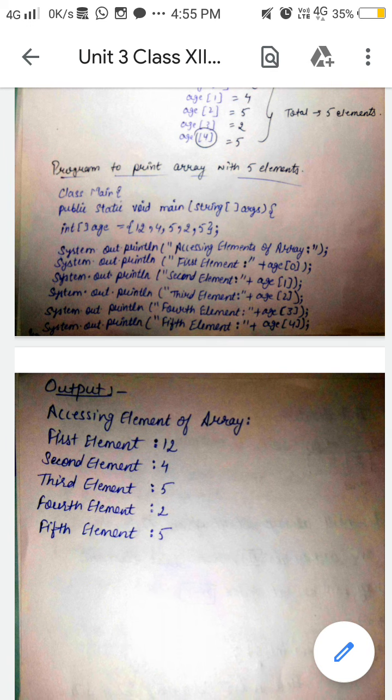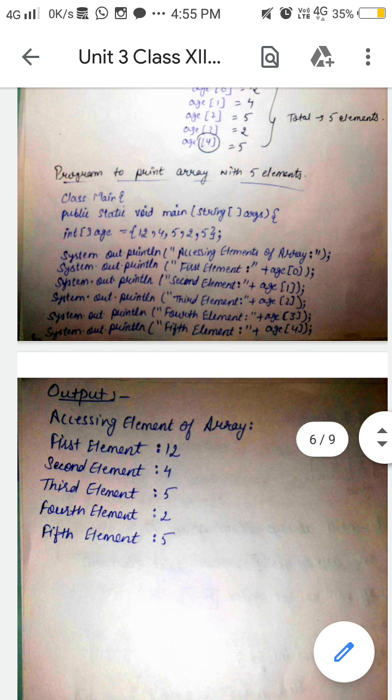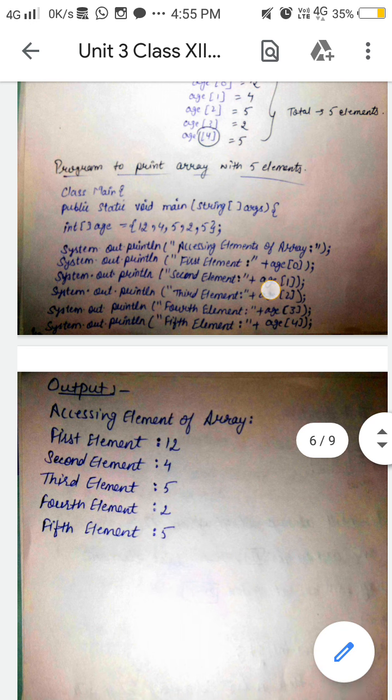So firstly System.out.println, accessing elements of array, we will get this as the output first. After that System.out.println first element plus age, and then in brackets 0, it means that the first element at index 0 will get printed.